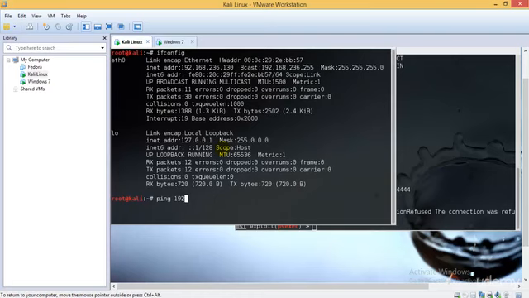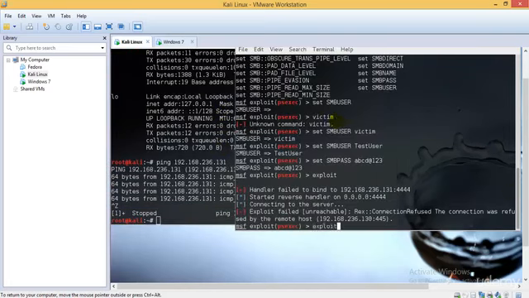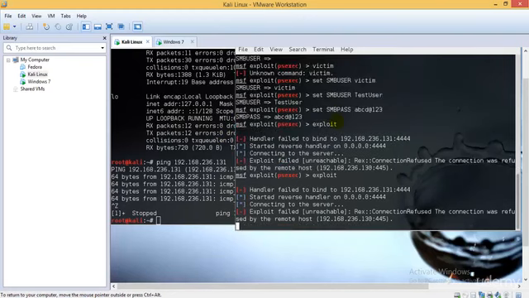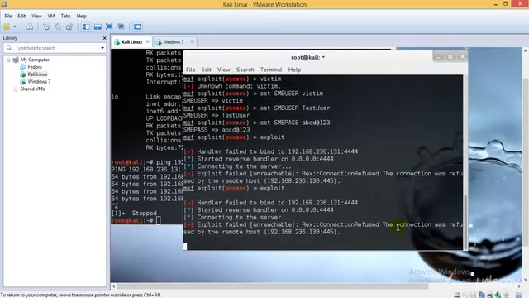Ping 192.68.236.131. Okay, the connection is active, so let us go ahead and try to exploit that once more. Test user abcd@123 exploit. Okay, so the reason for this is just ignore the part that it's giving over here